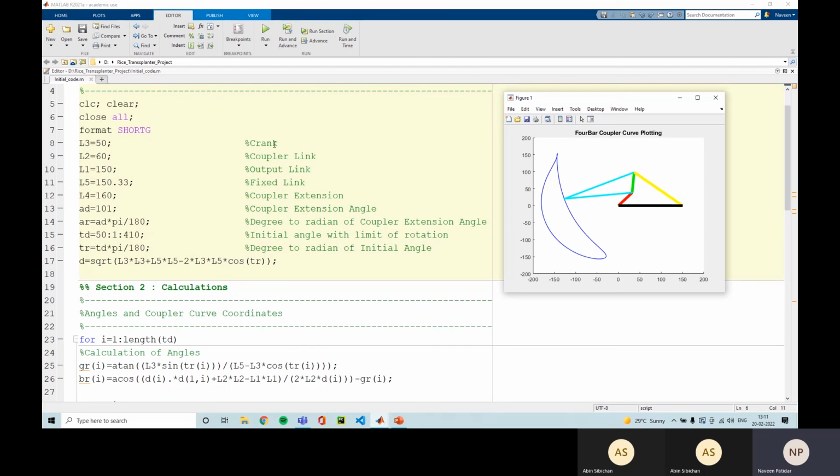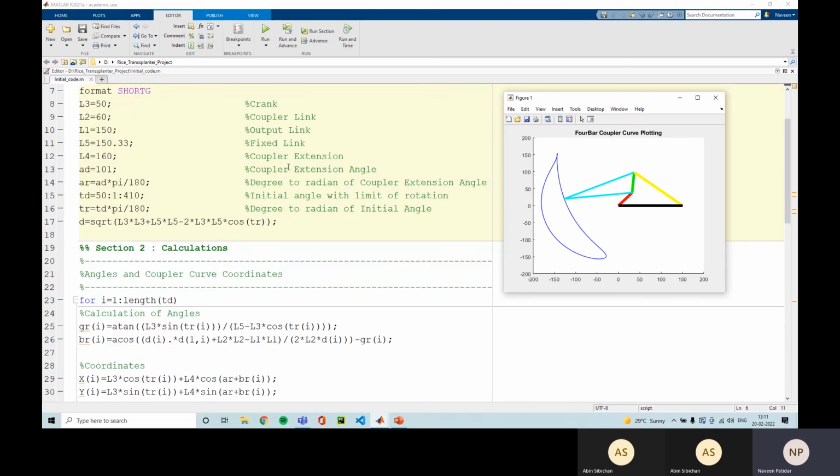Then we'll input the crank length L3 as 50, coupler length L2 as 60. Then output link L1 150, fixed link L5 150.33, L4, that is the coupler extension, 160, AD is angle alpha in degrees, that is 101, and AR is angle alpha in radians, so we convert degrees to radians by multiplying by pi by 180.